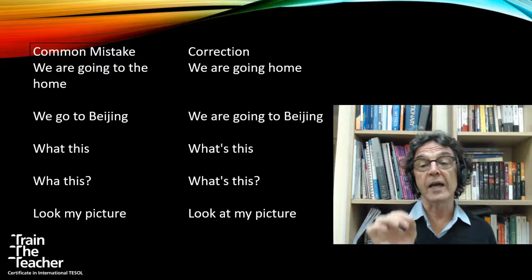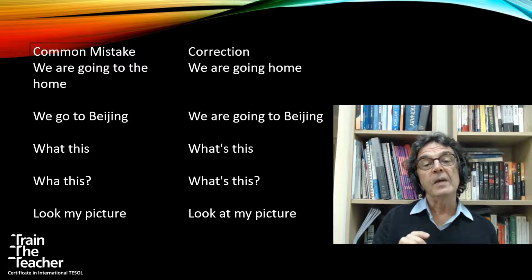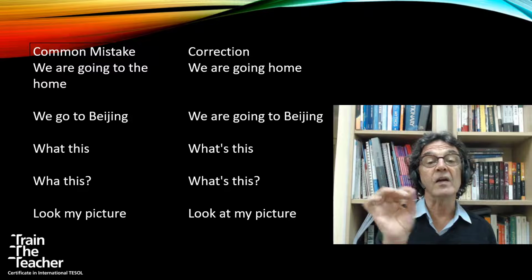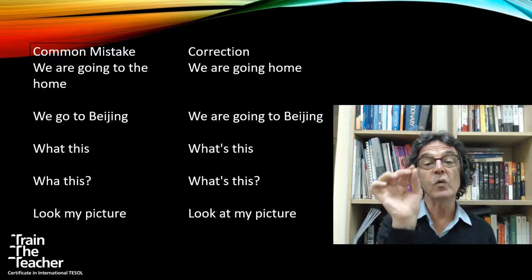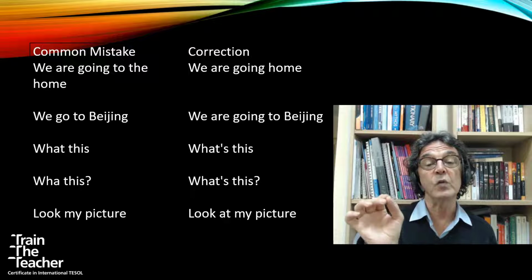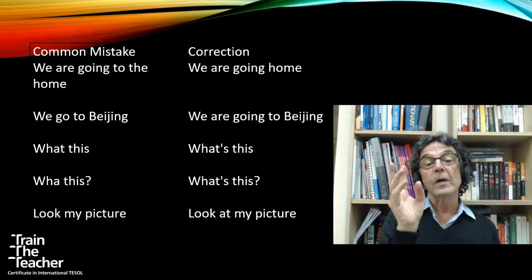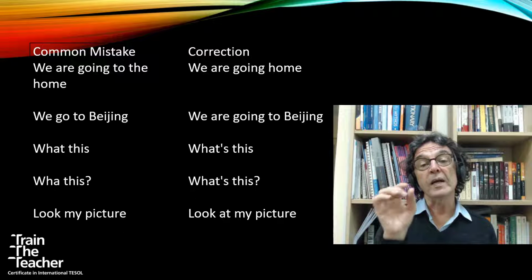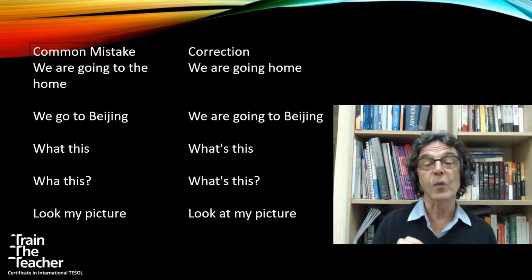"What this" and "what's this?" Fairly common mistake, and a difficult one to correct, because all we're really missing here is the verb. Yeah. "What this" sounds quite all right. All we're missing is that little s in between. So just a little reminder that sometimes folk, when they're going from Chinese to English, they drop the verb. And in this case, you clearly don't want to.